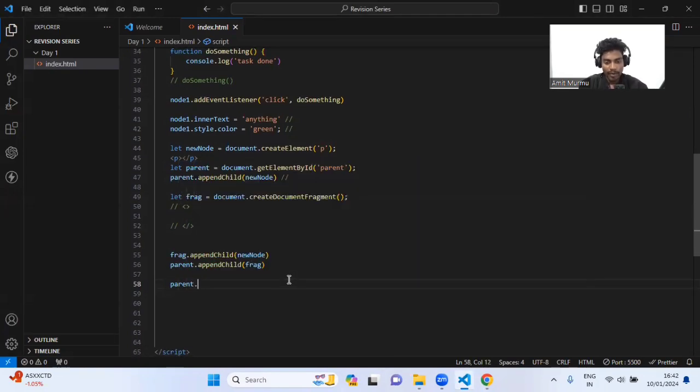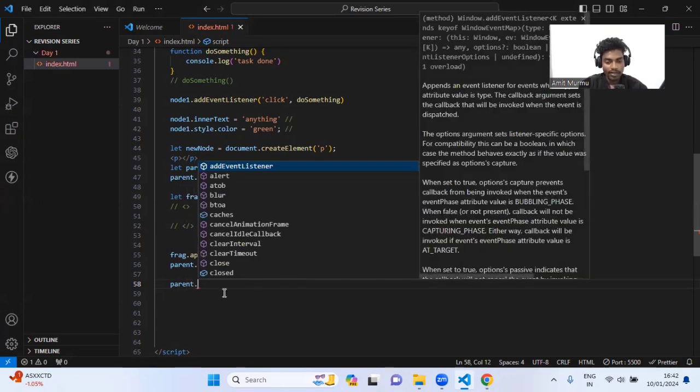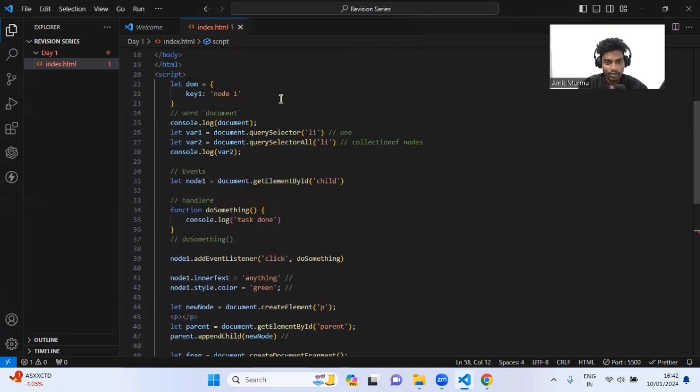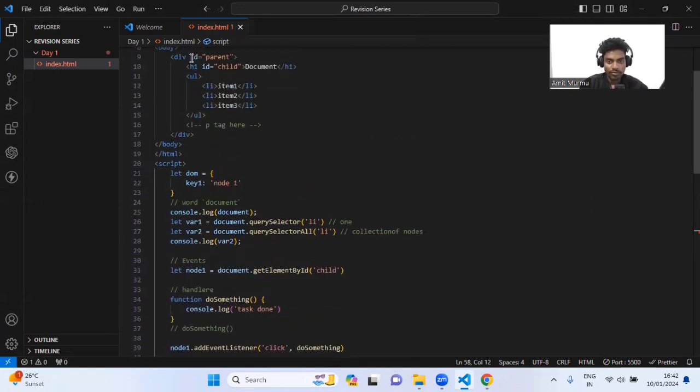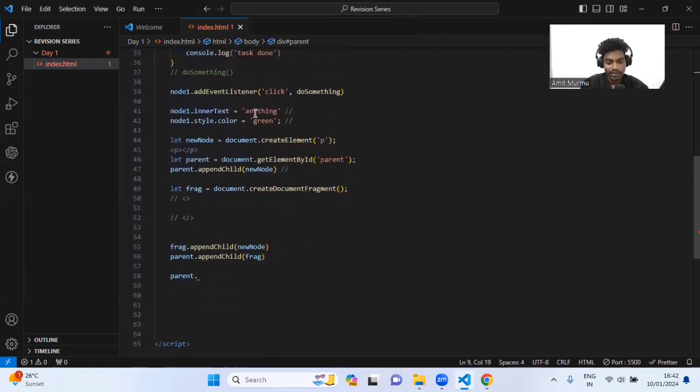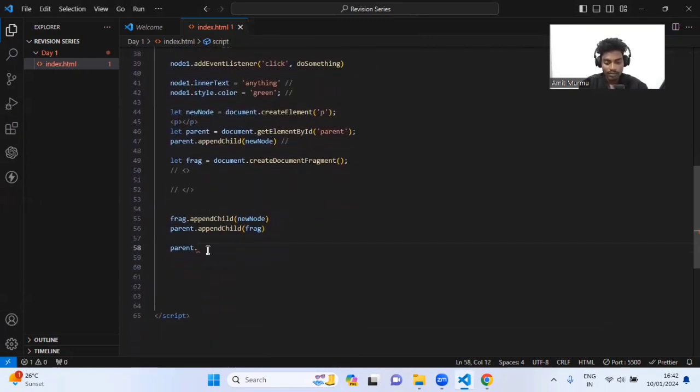Let's say I have parent, and inside parent, I already have one attribute. What is that attribute? I have this ID attribute. So I already have this ID attribute. I wanted to introduce another attribute inside parent. So for that, what I will use is